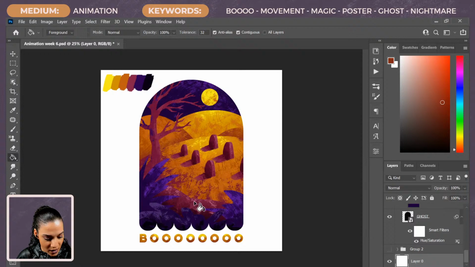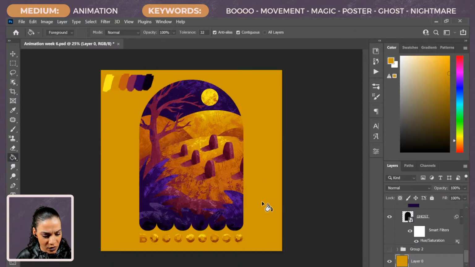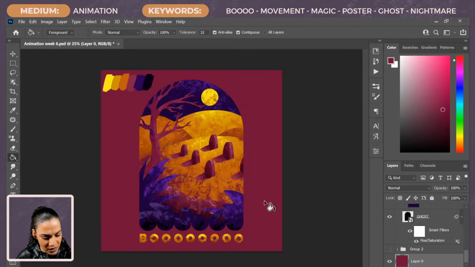Do we want to do a dark background? I wonder if it would be better with orange, maybe that yellow color, maybe the pink. I'm trying to make sure that our piece is still super legible. So let's try this pink.